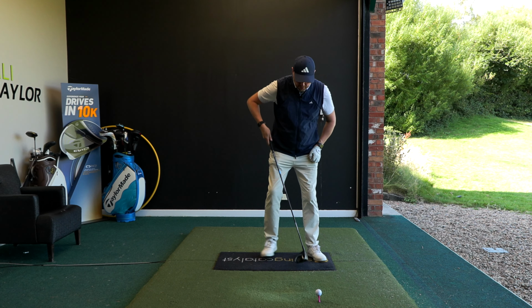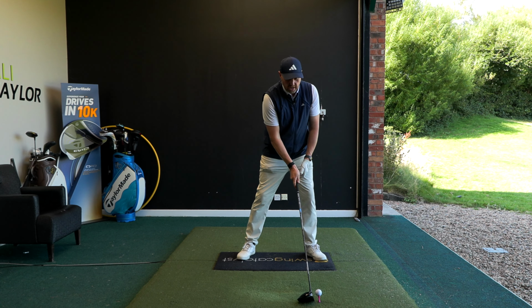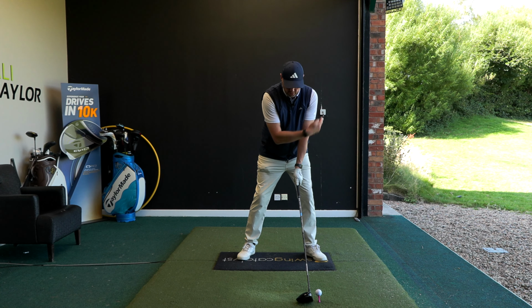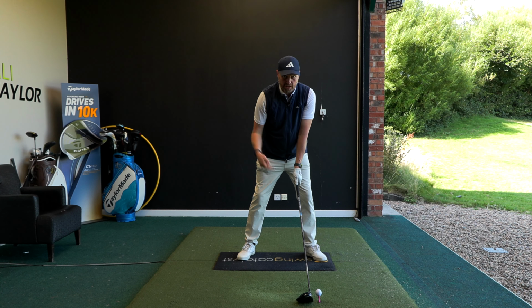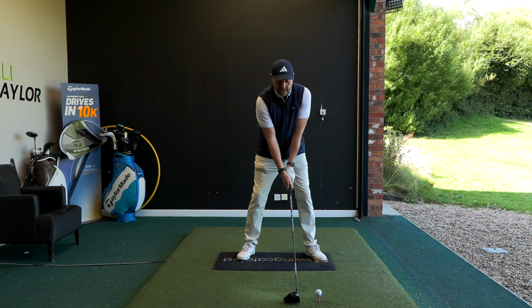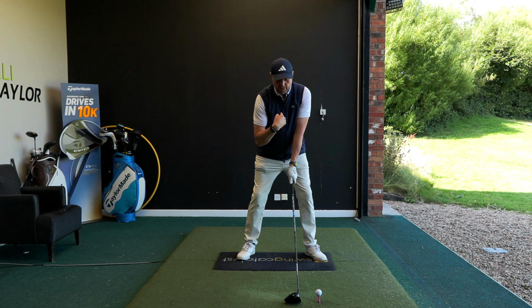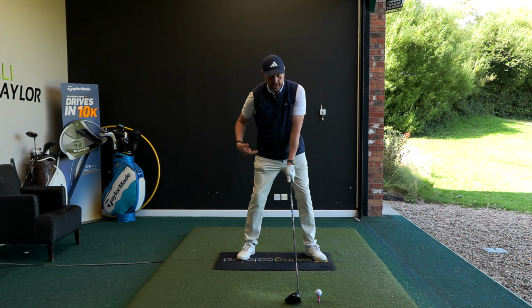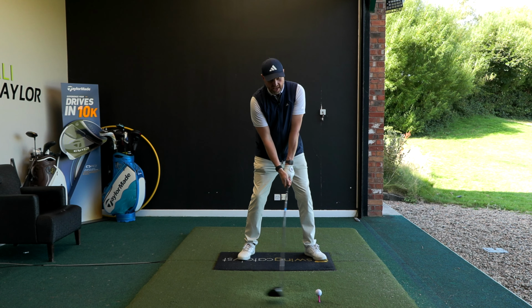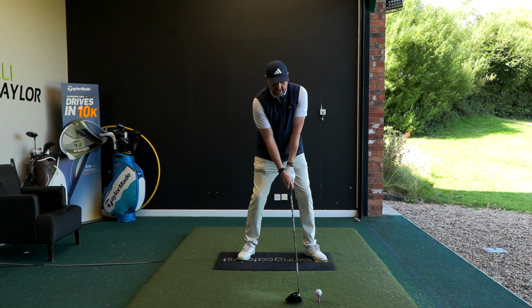So still want that ball position to be nicely forward in the stance, but instead of having that club head right up behind the golf ball, which tends to make the shoulders be very, very level, we're going to move that club head back maybe 3-4 inches behind, and we're going to try and feel that we get a little bit more spine tilt away by pushing the hips a bit more towards the target. So straight away there, even if I were to make the same kind of restricted lower body movement,